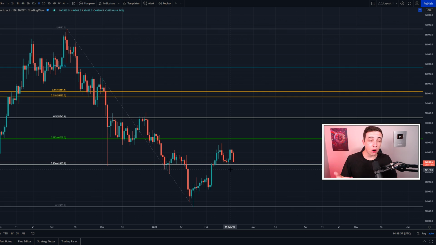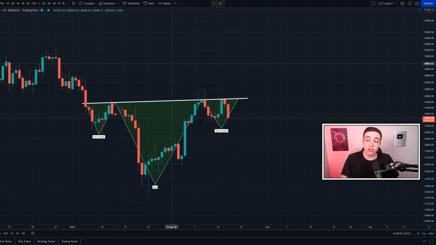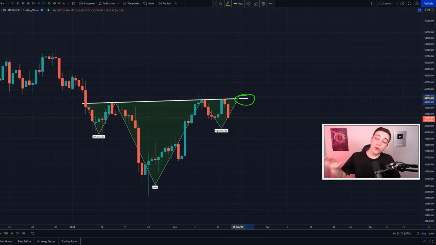And if we do end up holding above around 40,000 give or take, then it is still possible we could play out this inverse head and shoulders pattern on the daily time frame. But realistically speaking, for this to play out, we cannot spend too much time around these prices. So ideally, I'd like to see the Bitcoin price back up towards 45,000 approximately within the next few days or so.